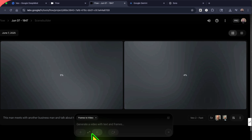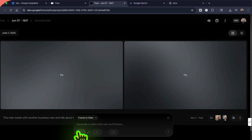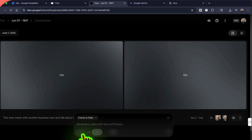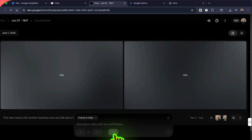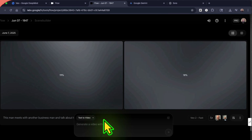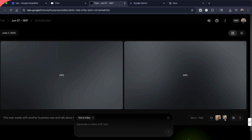So frames to video allows you to get the frame to get that accuracy in terms of the looks. That's why we're getting closer to providing consistent characters, but you have to provide two images, so you cannot get away with that. And you can do the camera movement, and then you can add more with the text. When you do text to video, then you only have text and that's it. And then ingredients to video, obviously you get that ultra, and I'm assuming that's where you can combine different things,